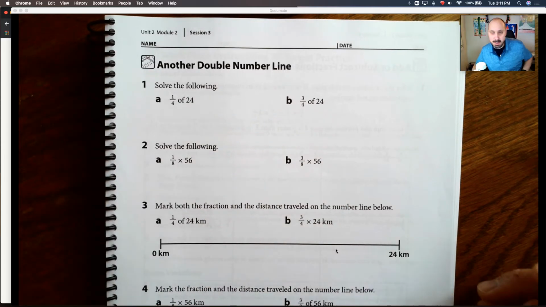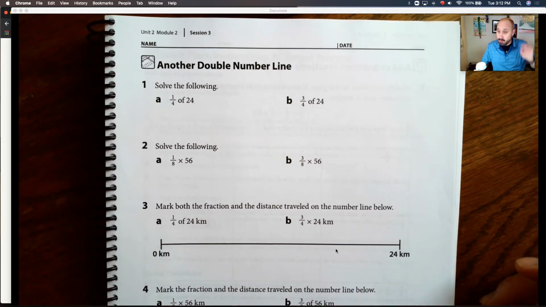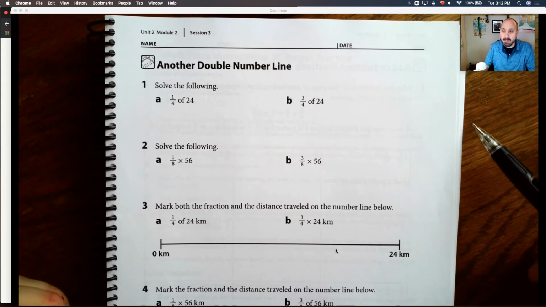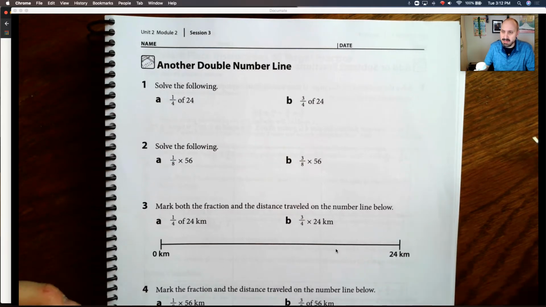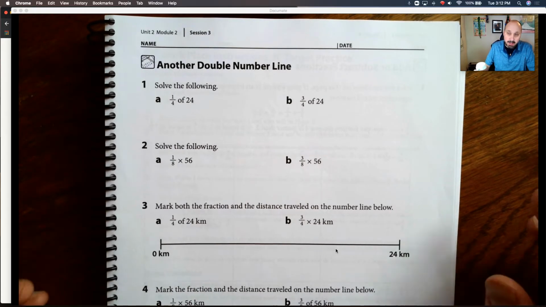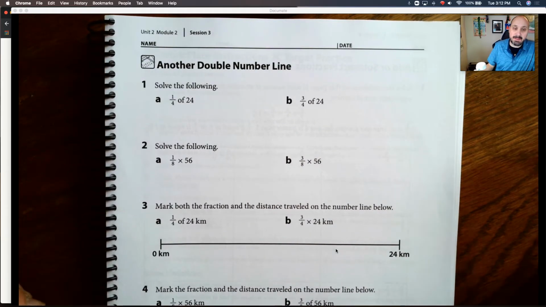Hey, mathematicians, are you ready to talk about page 45 in your student book? This is Wednesday's activity assignment, and it is called another double number line. Say that three times fast, would you? We're not going to use the number line strategy. Just skipping that, we're just going to use the standard algorithm or standard strategy to solve a fraction by a